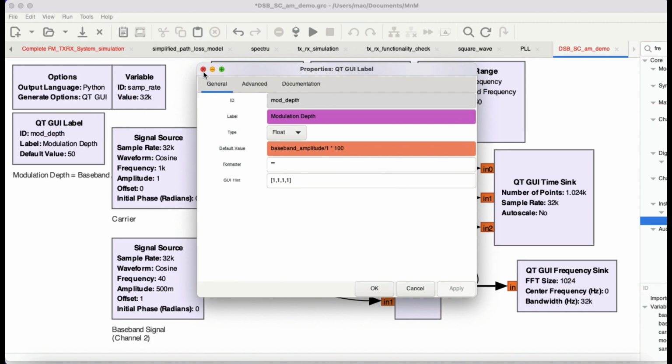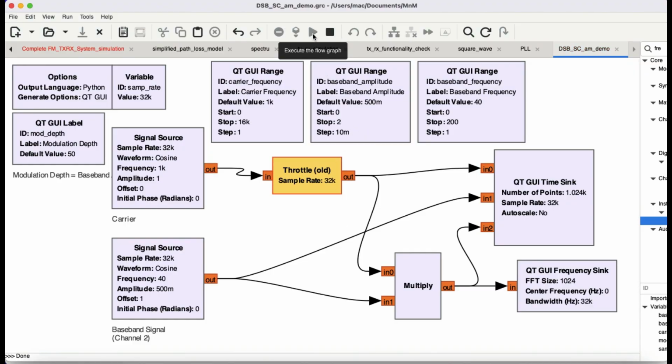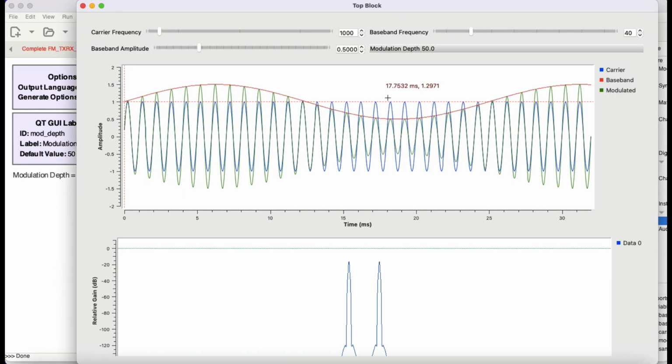All right. So once I have everything set, let me just run the flow graph and you will see the result. So when I look at this graph, here we go. This is exactly what we're supposed to see. We have our carrier signal that is 1 kilohertz, and then I have my baseband signal, which is around 40 hertz, and then you have baseband amplitude. Baseband amplitude basically is controlling the modulation depth. So for example, if I have this to be 0.5,